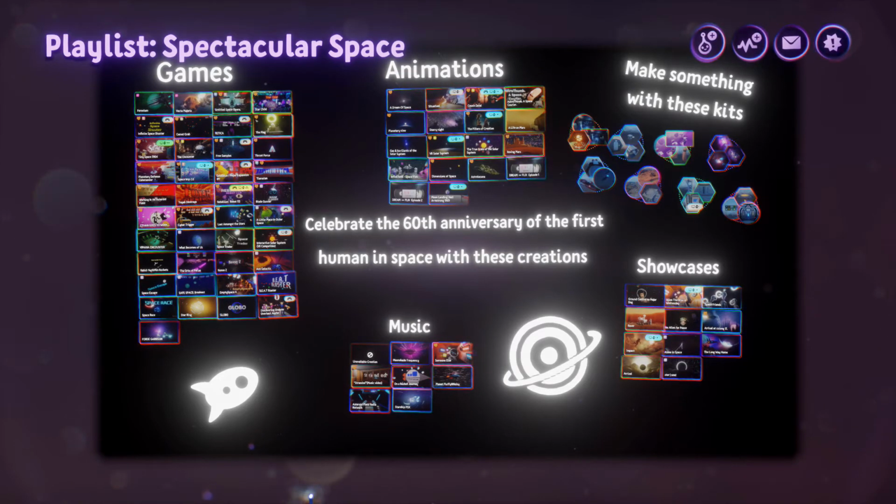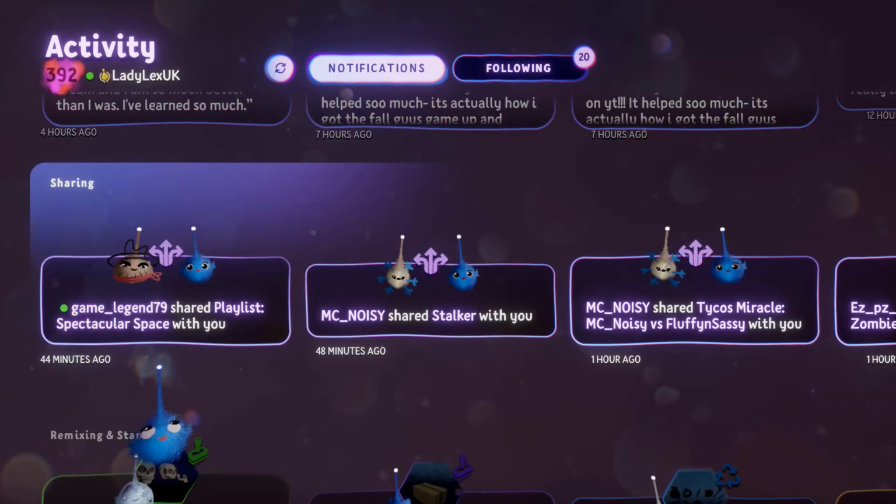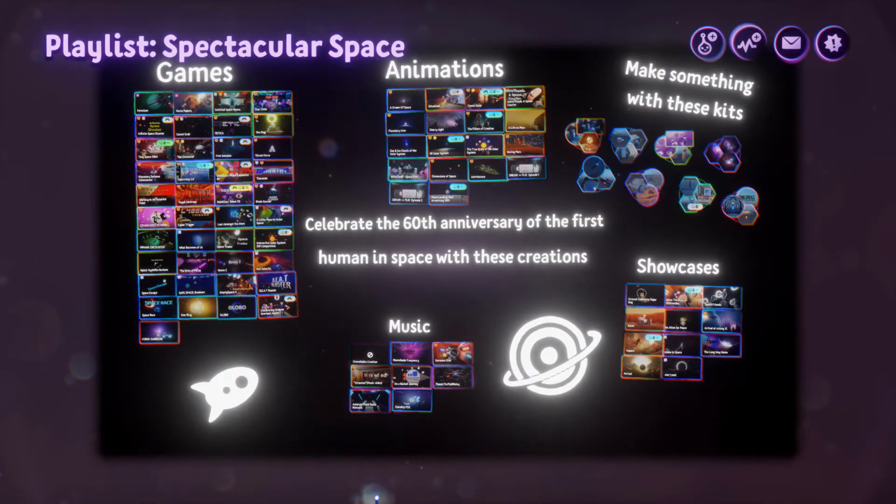I thought that creator, that dreamer who had sent me this link had made this. They haven't. This is a Media Molecule collection made by Tenia and J plus B, but I did not know that, and there's no way for me to know that from here, because you click on it and dump. I don't know who made it.